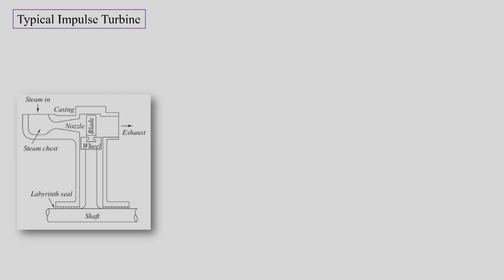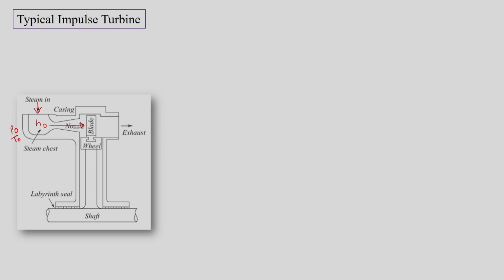A typical impulse turbine is this way, where we will have a nozzle. First the steam will be coming from the boiler inside a nozzle, and the nozzle initially will have total enthalpy H naught at the entry of it, where we will have P naught as the pressure and T naught as the temperature. These correspond to the boiler outlet, and then the flow expands inside the nozzle and attains very high velocity at the outlet of the nozzle. So at the expense of the enthalpy drop in the nozzle, we get an increase in kinetic energy of the flow.